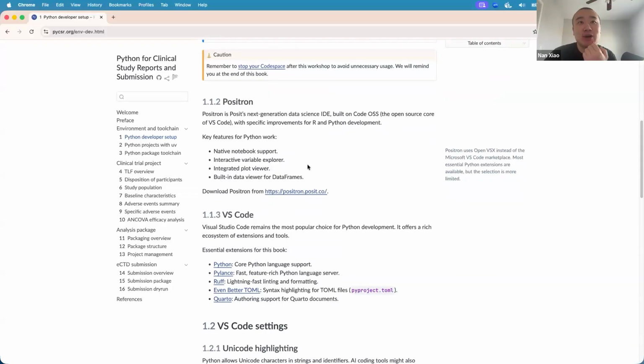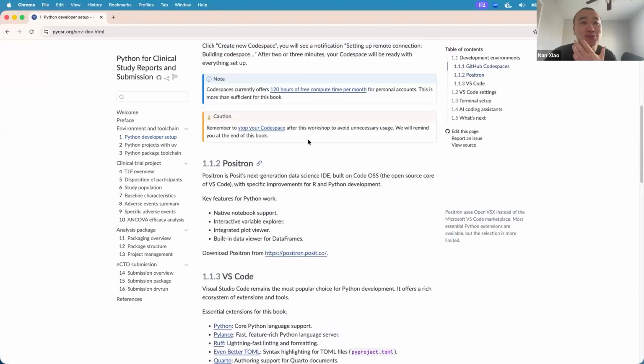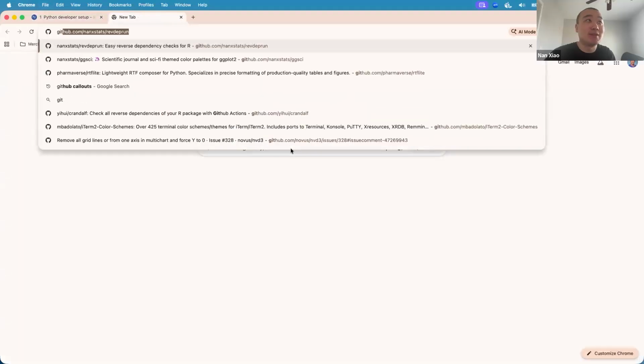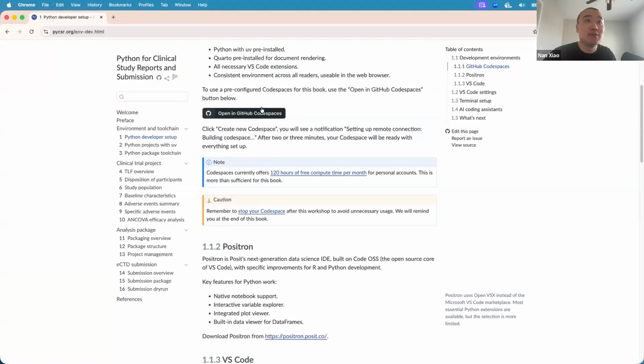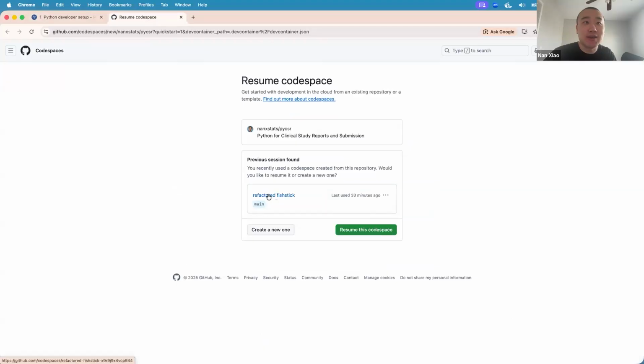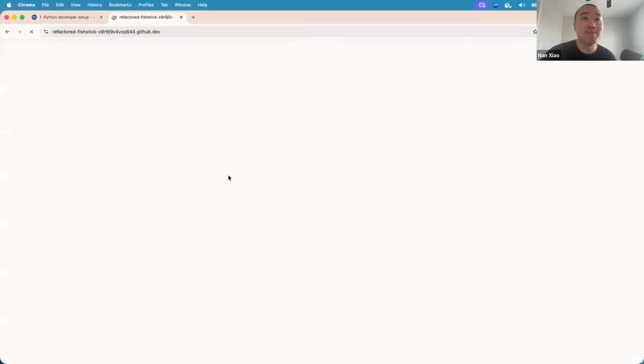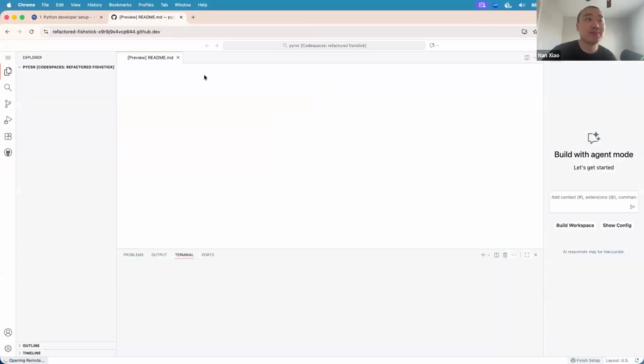And it might take 1 or 2 minutes to set things up there, so just be patient. I myself also have one started, I think. Let me check that. Okay, I already have this Codespace launched, so I can resume this Codespace and leave it there.